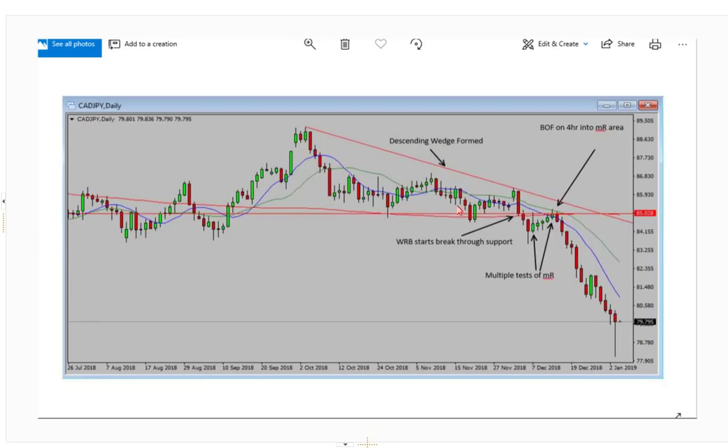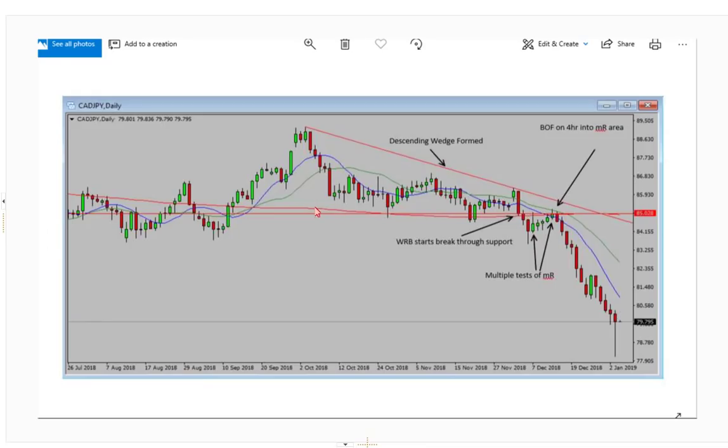We can see a clear line of support. Tested it, tested, breaks through, comes back up, retests it with a topping tail, breaks through, comes back up, retests it with a topping tail, comes back up, breaks over the high of the topping tail one more time, tests that support,